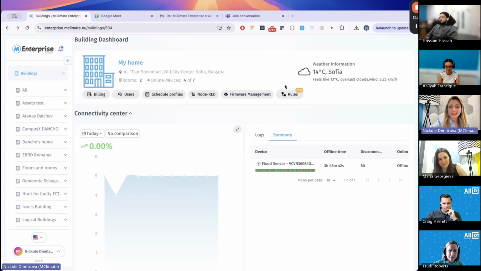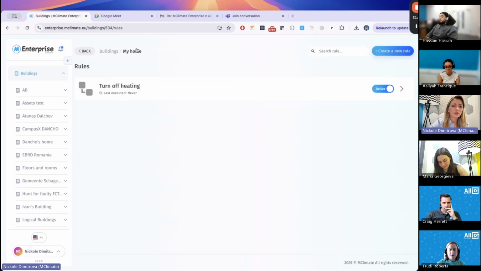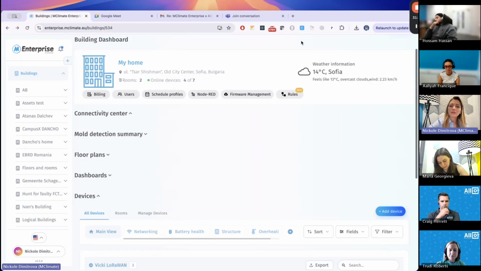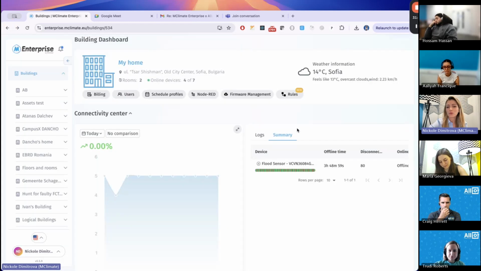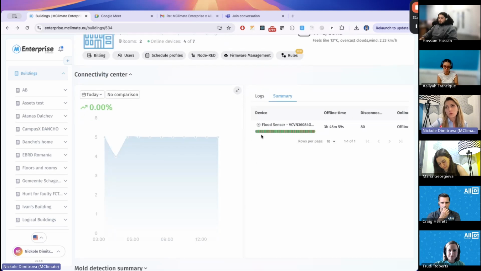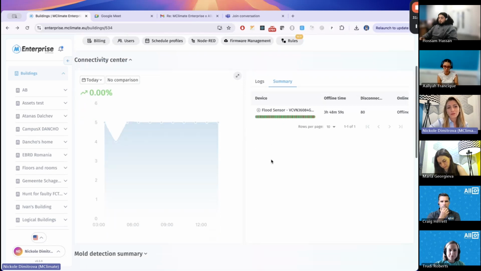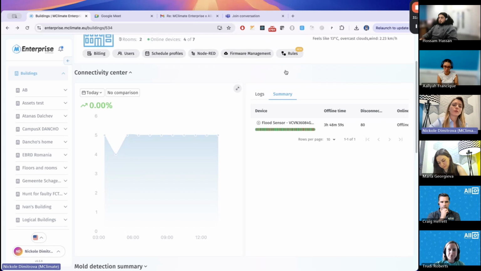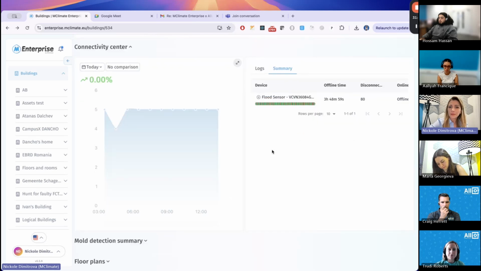Then we have another option, rules. This feature is quite big, actually. I'm gonna show it in another building, and I'm gonna come back to it because I really want to show you all the other ones, so you can have a better overall image of the whole platform. And then I'll go to rules. But then we have